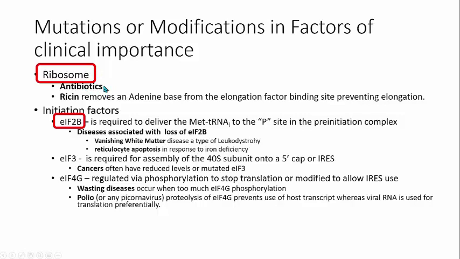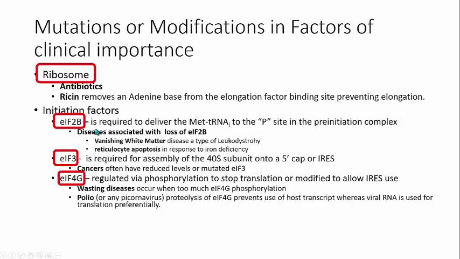Many antibiotics, as you saw in those slides, act on the ribosome, particularly on the ribosome of the prokaryote invader as opposed to the eukaryotic one. There are ones that also act on eukaryotes. There are substances like ricin, which can also alter the function of the ribosome. The initiation factors can also be mutated. If the initiation factors are mutated, you get a variety of different diseases. These are the ones that you need to know, that the ribosome can be mutated,